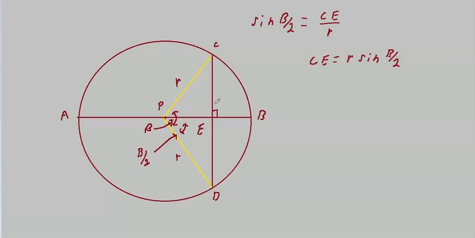And we know that this diameter bisects CD, so CD is just double whatever CB is. And we can write that the length of this chord is equal to this here.